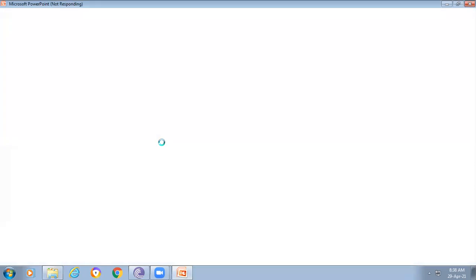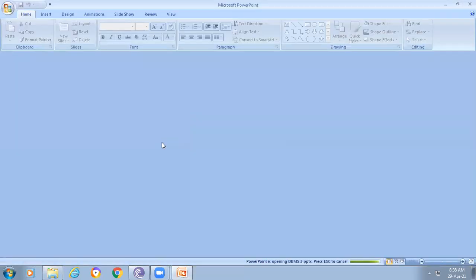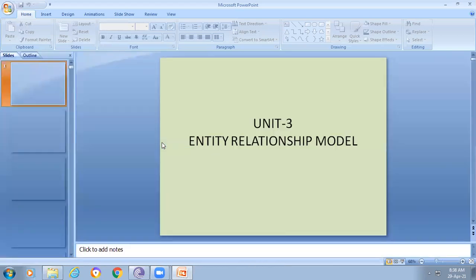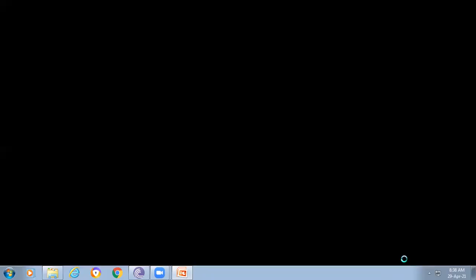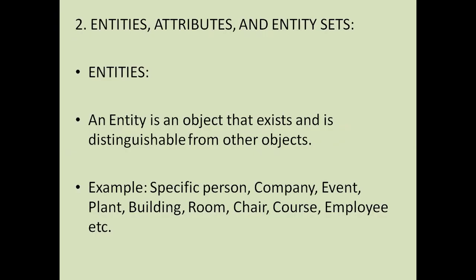In the last class also we discussed that. In the case of additional features, first of all we focus on how to represent the key constraint. In the case of an attribute, we represent it with an underline. That means it is a primary key or key attribute. The main purpose of that attribute is to uniquely identify the data in the database. Am I right? Okay. And another thing is the relationship instance.